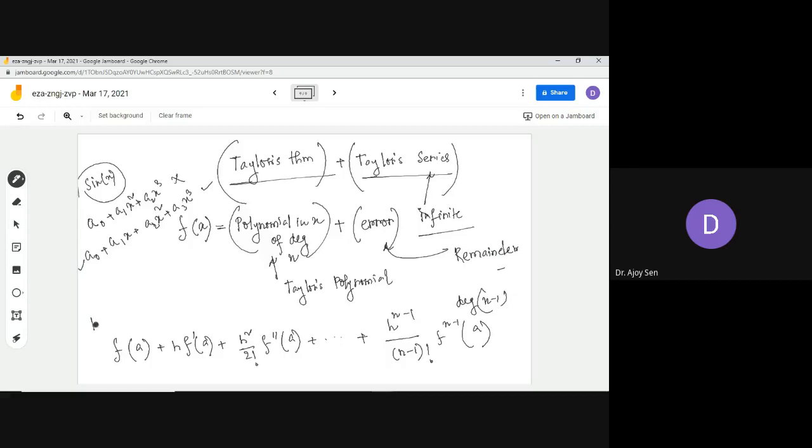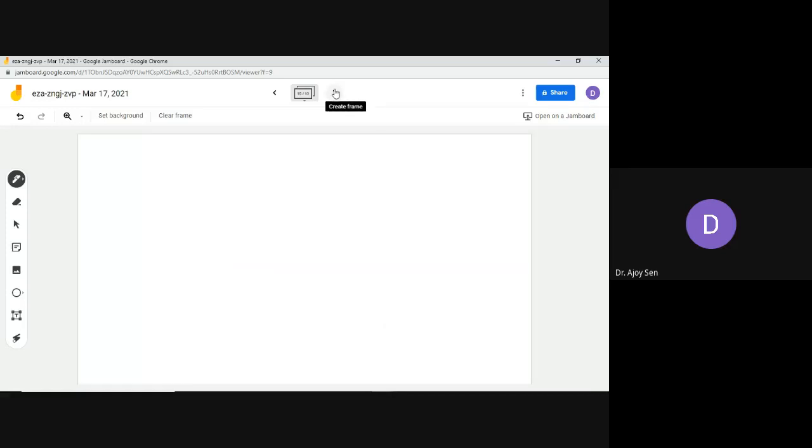I can say polynomial in h. So what is a? That I will make clear. This a is nothing big deal. So this is a polynomial in h. Actually, a is nothing but we are considering this region. The function is defined on this region, a real valued function on this region, and